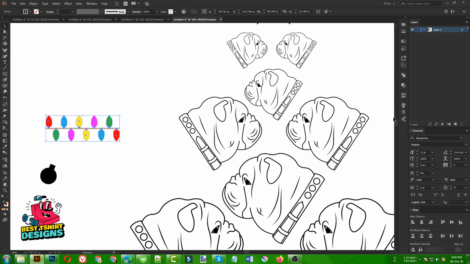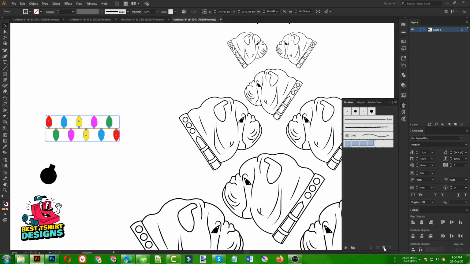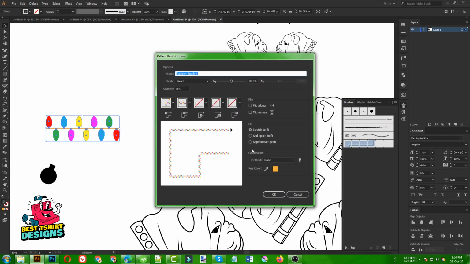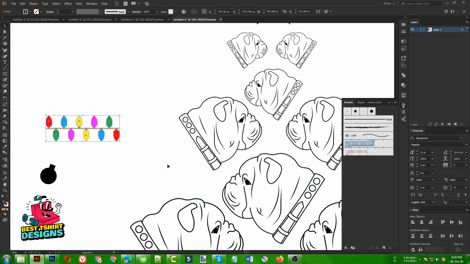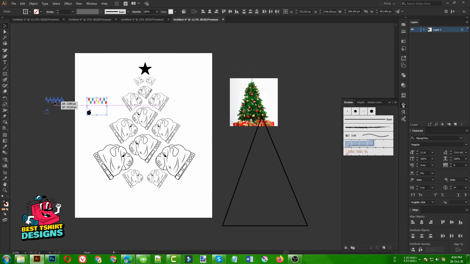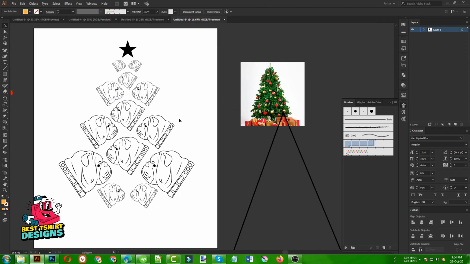Once it is in a group, I need to make a pattern brush here, not an art brush, not calligraphic, a pattern brush. Then select this option, everything else should be as it is, click OK. That is good for me. Then I can keep them aside like this. Now I need to make it like